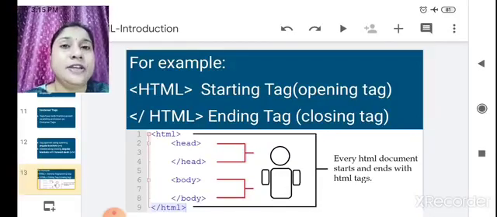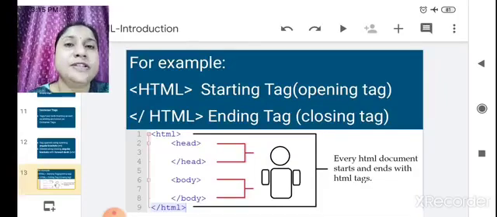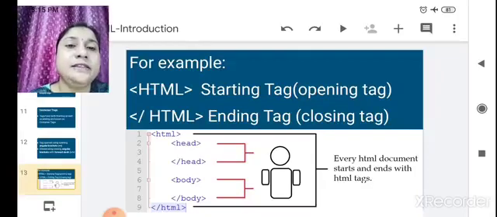Then there is a body. You can see the body tag is open, and then this body tag is also closed by a forward slash, with body written in angular brackets. Then at the last you can see forward slash HTML written in angular brackets, which means HTML is closed. At the top, in the first line, HTML is given as an open tag, and then on the 9th line you can see forward slash HTML, which means the HTML tag is closed.